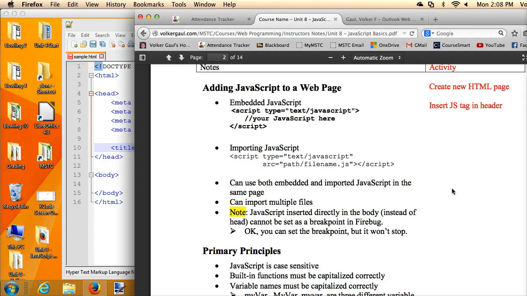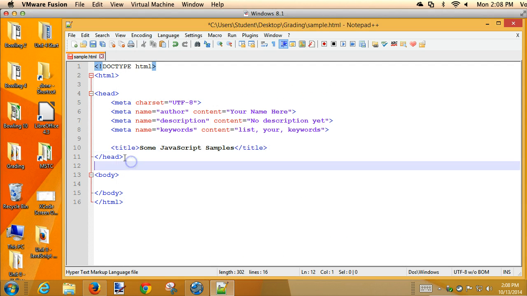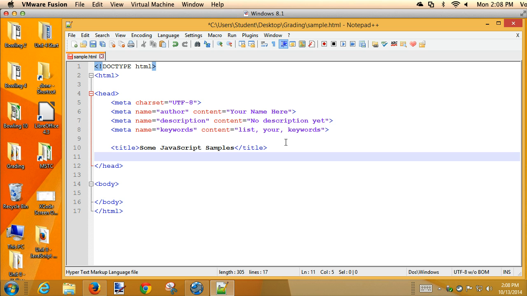Again, we went through them for those of you in the Swift class, but for those of you not in the iOS class, we're going to go through the same process here. First thing we need to learn how to do is how do I add JavaScript to my page. So one of the first things we want to do is put in some embedded JavaScript. I normally put my JavaScript right here in the head tag if I'm experimenting. Those of you in the iOS class, Wenderlich says, try some stuff in the playground, and when it's ready there,